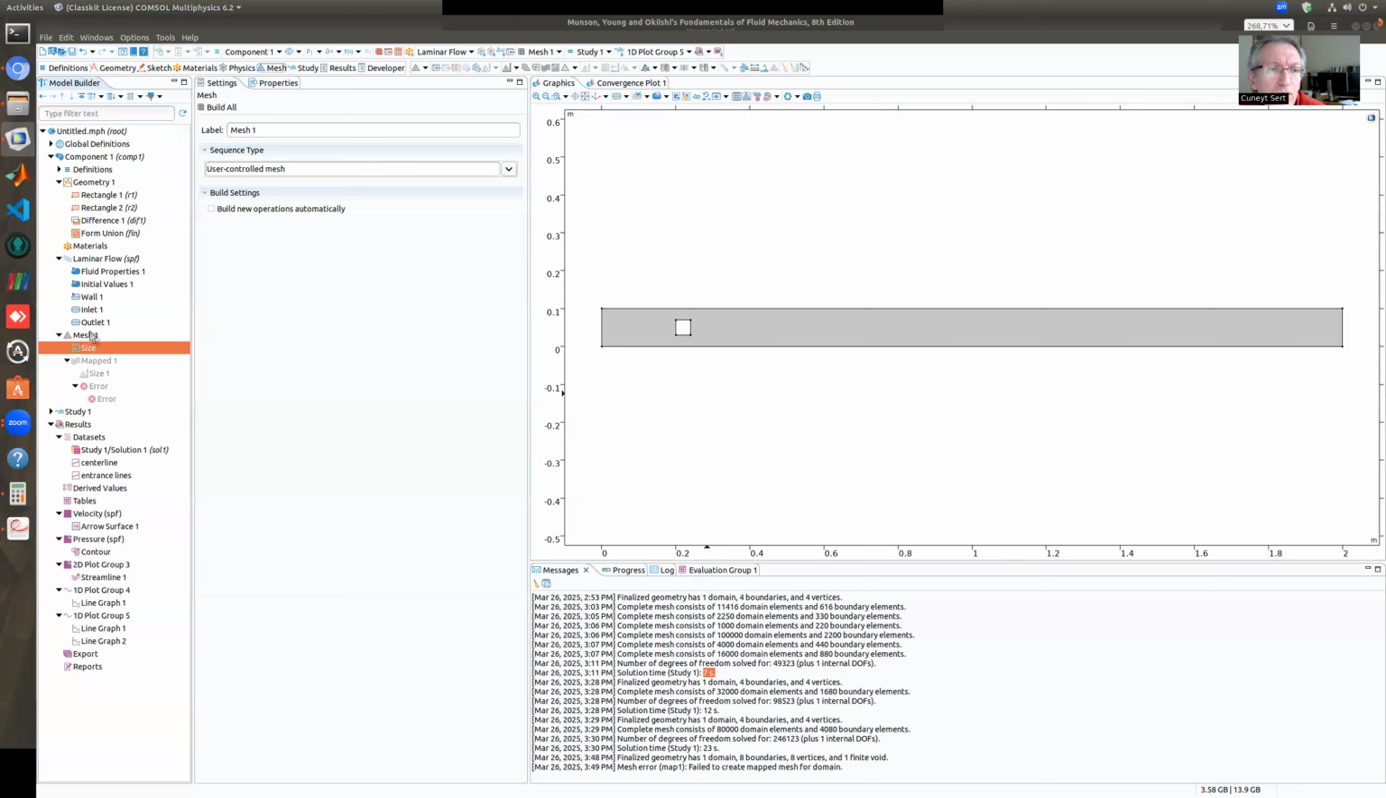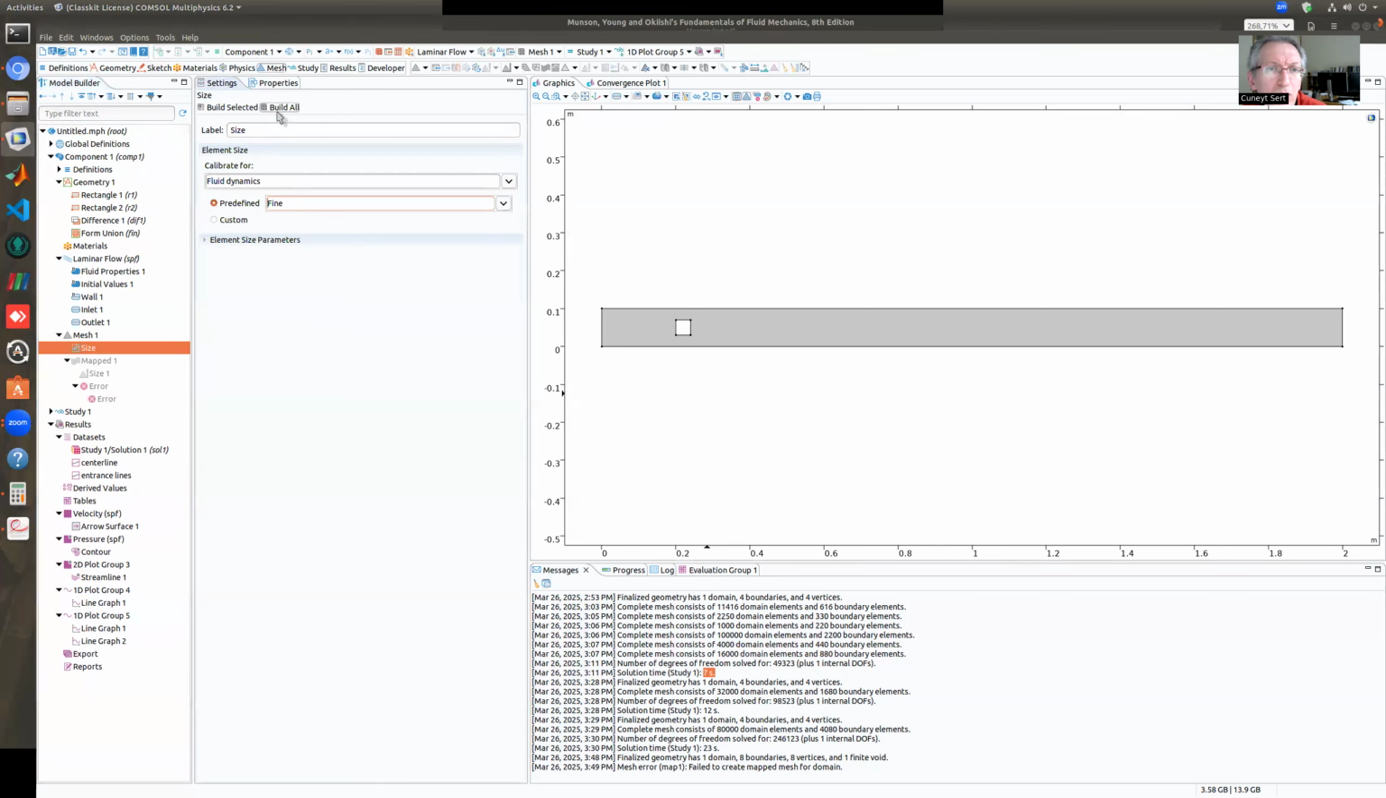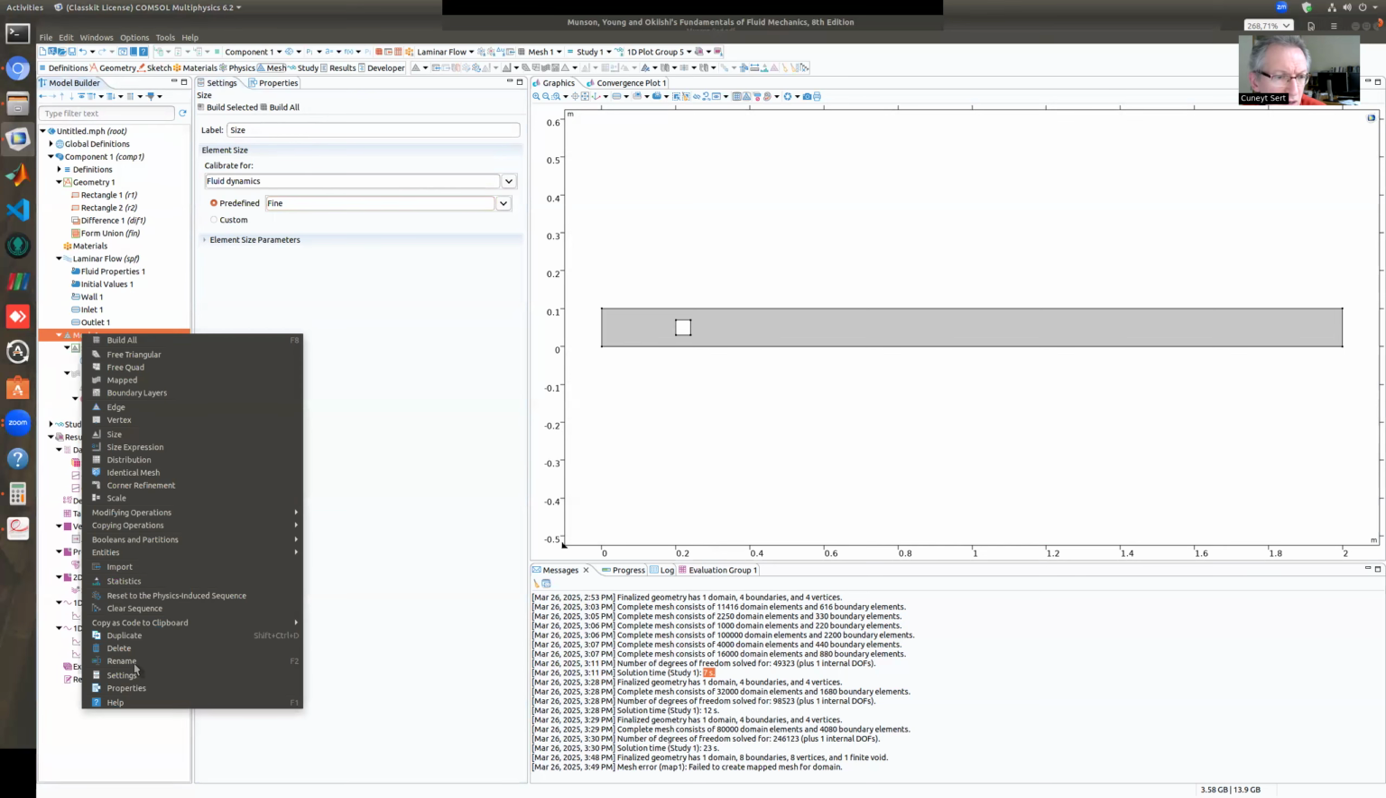What's wrong? Why is it not generating any mesh? Oh, come on. What is this? Find one, build all. Whatever, I will just come here and say